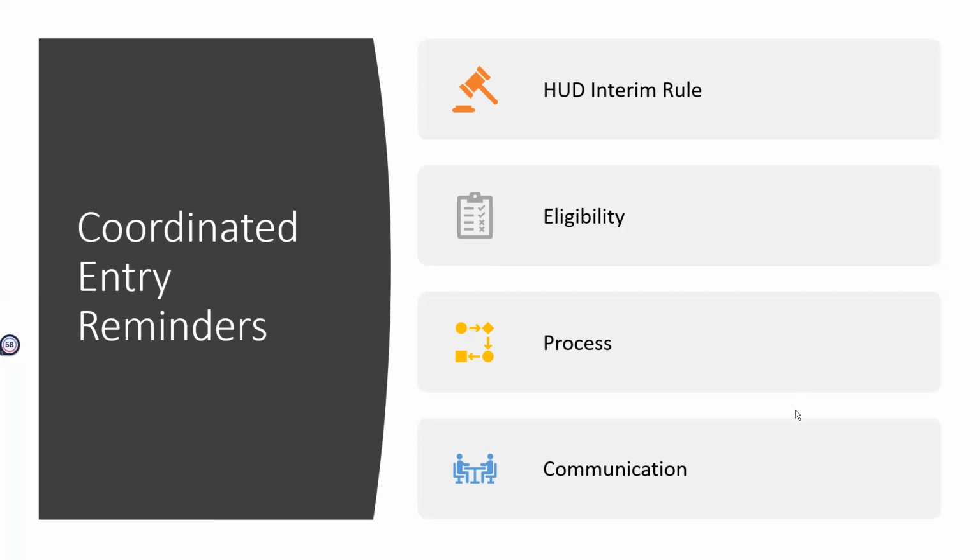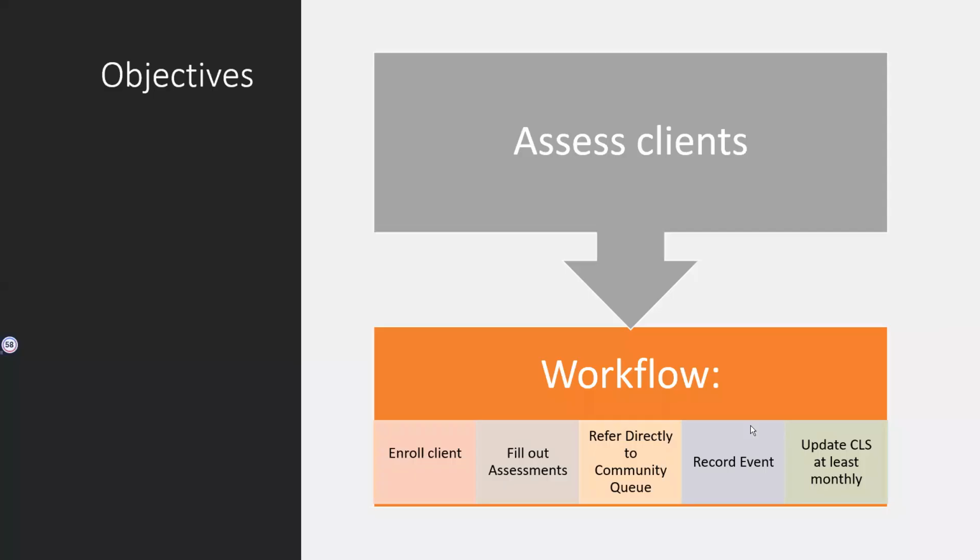That being said, let's look at what the workflow would look like in Clarity Connect. So once you guys, assessors, you are the access points for our unsheltered households that are in need of housing services. Please remember that they first need to be enrolled in your project. Once that enrollment takes place, you can fill out the assessments with them, and then you refer them to the queue, record the event, and then as you continue to engage with them, as they continue to require services,